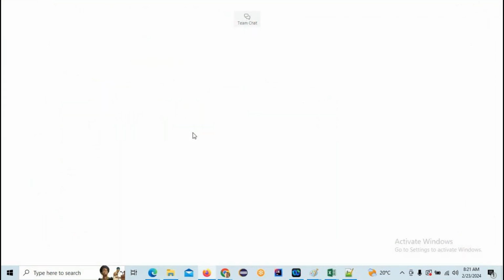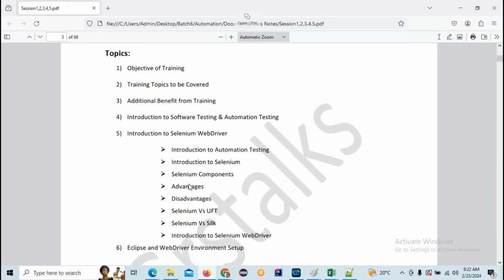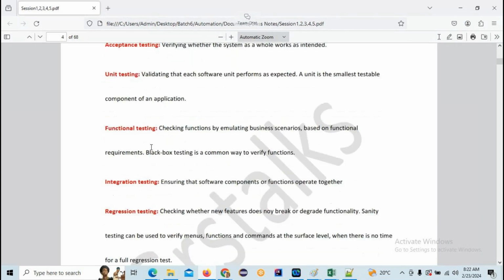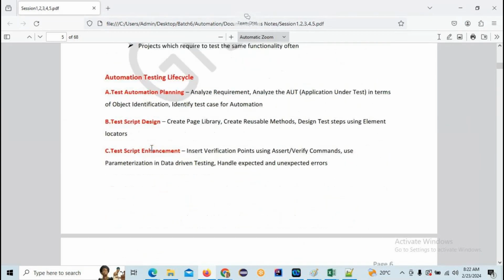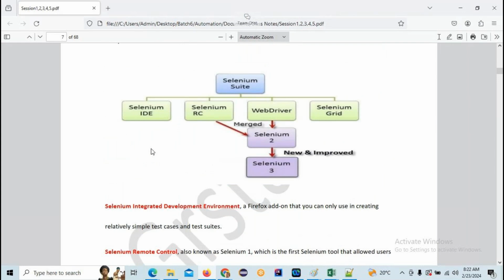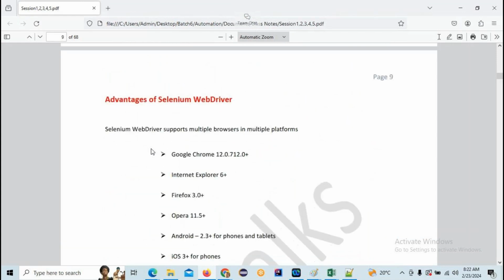The topics will be there: what topics are going to be discussed on the particular day. Here you can see the topics we are going to discuss in today's class, and then the theoretical matter is going to be there in the material. These are very important documents, and they will help you a lot to understand more. So please try to learn this.